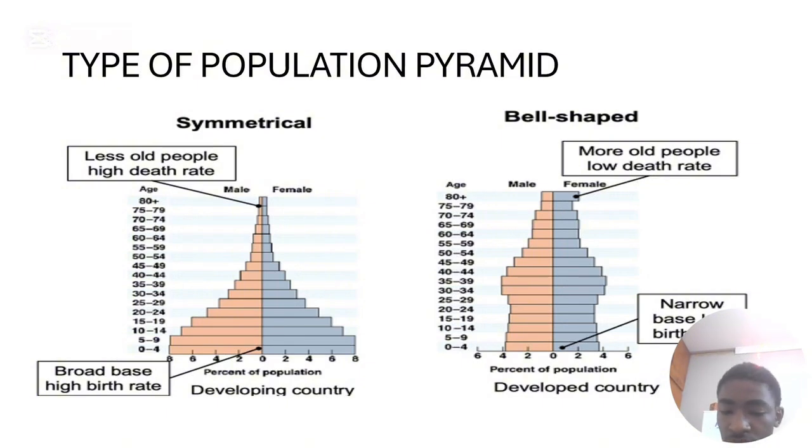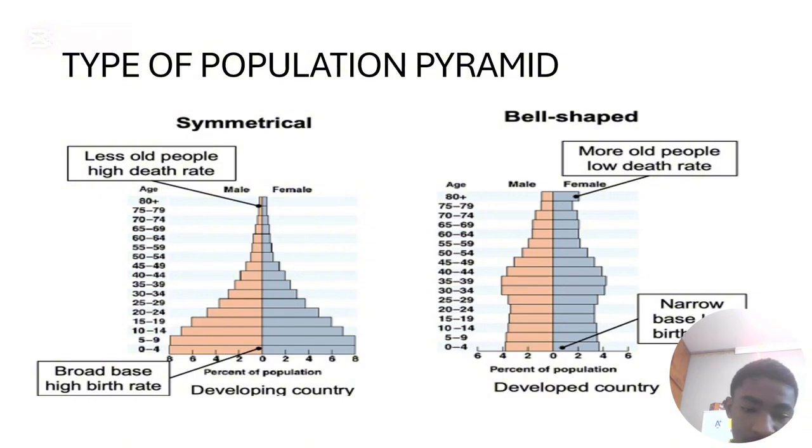And another thing you need to look at is the birth rate. Their birth rate is low, right? Telling you that it is controlled. You can assumingly say each couple will have two or fewer kids, right? So the birth rate is controlled. But when you move to a symmetrical population pyramid, you can see that the birth rate is high. The birth rate is very high, right? You can see that the country is still developing. Each and everything is not controlled, right? So I'm going to move to the next slide.